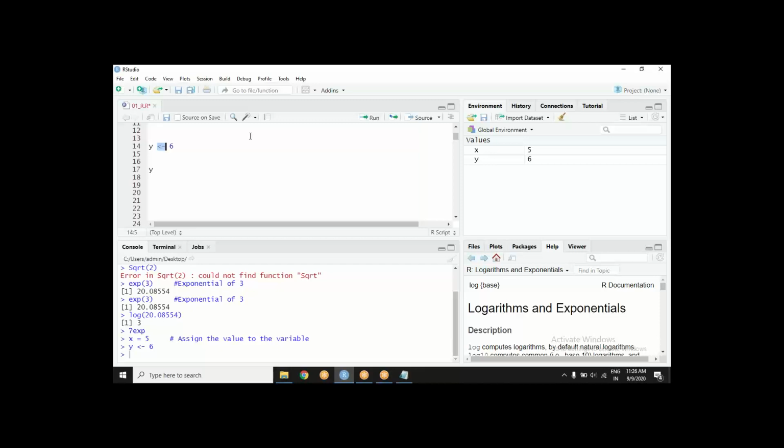But do we have to do that always? The shorthand for creating this arrow is alt minus. Try that out. Type this by yourself. You type y, and then you press alt minus so that this assignment operator appears, and then you type the value you want to assign.